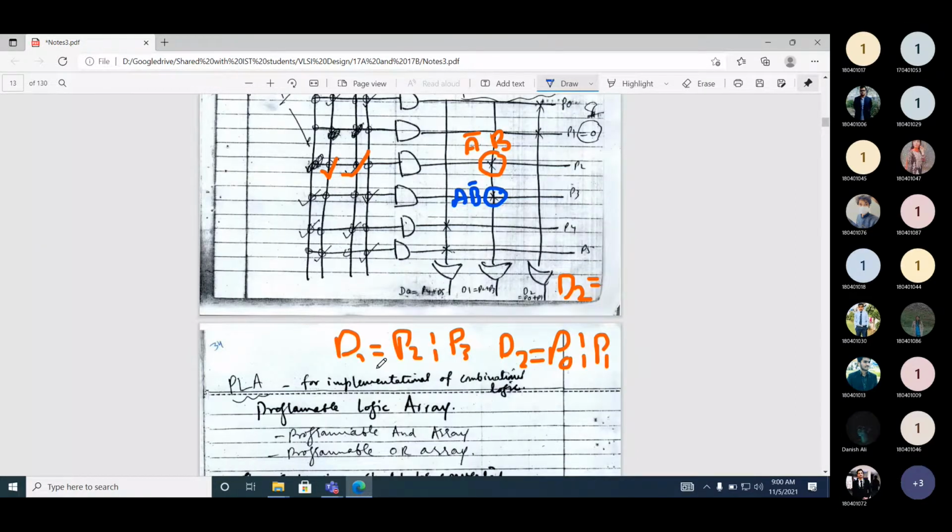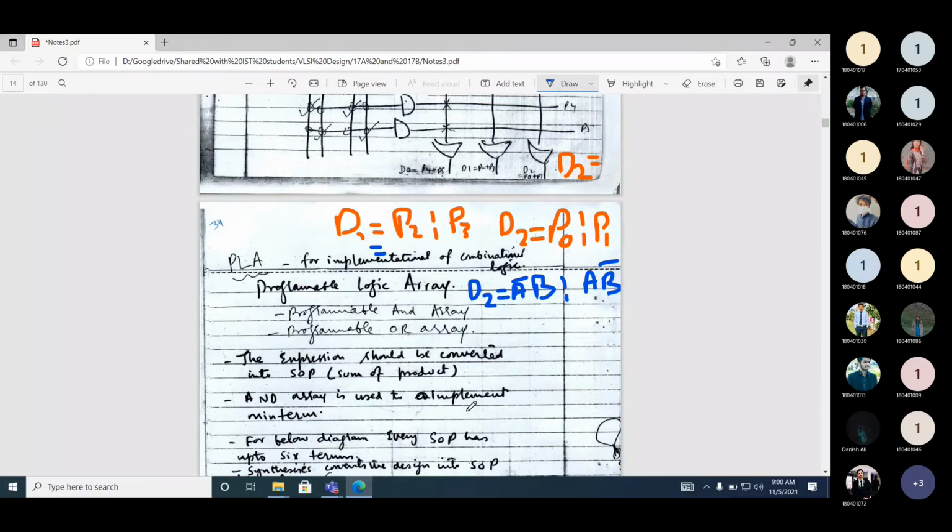A bar B. So D2 will become A bar B or AB bar.